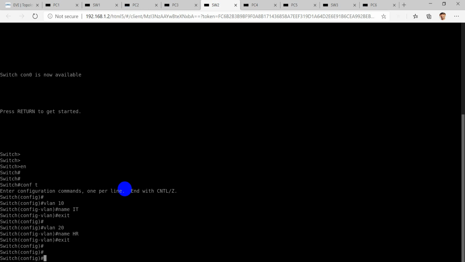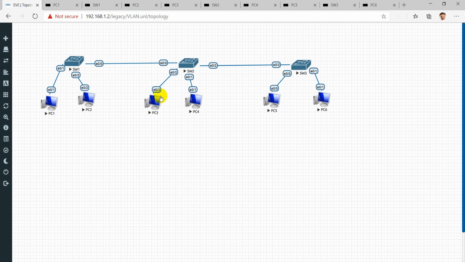In switch 2 we have two PCs connected. 0/3 is connected to PC3 and 0/1 is connected to PC4. We'll assign PC3 to VLAN 10 and PC4 to VLAN 20, and then communicate between PC2 and 4 and PC1 and 3.